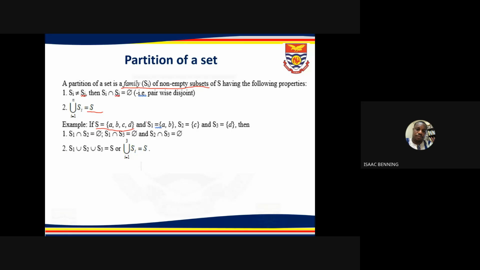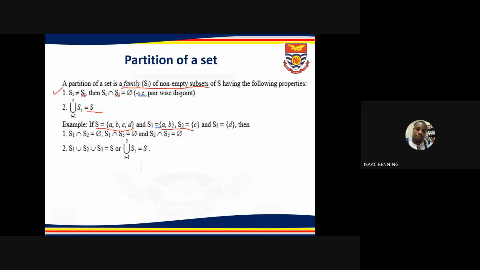Okay, so when we find the intersection of subset 1 and subset 2, would their intersection exist? There wouldn't be any intersection for this. No, sir, it won't exist. The same way, when we find the intersection of S1 and S3, it will be empty. So it satisfies the first condition